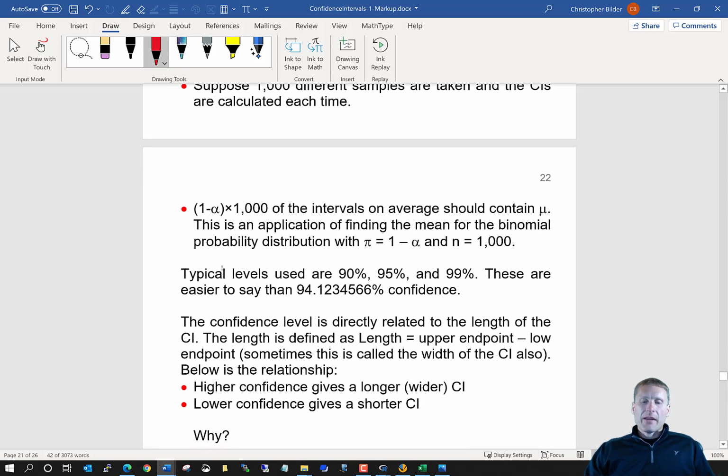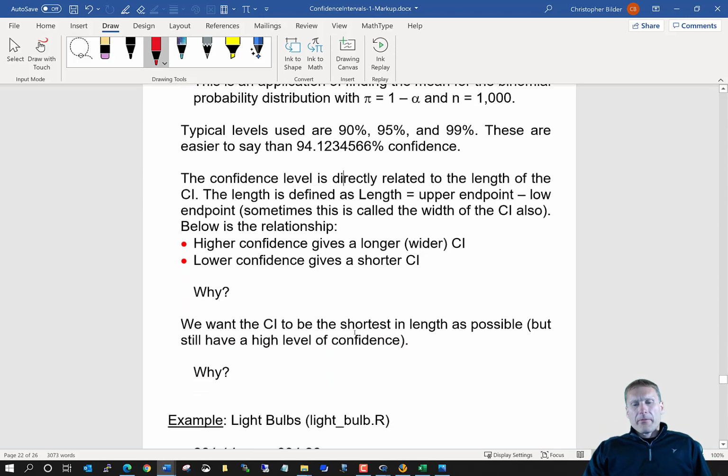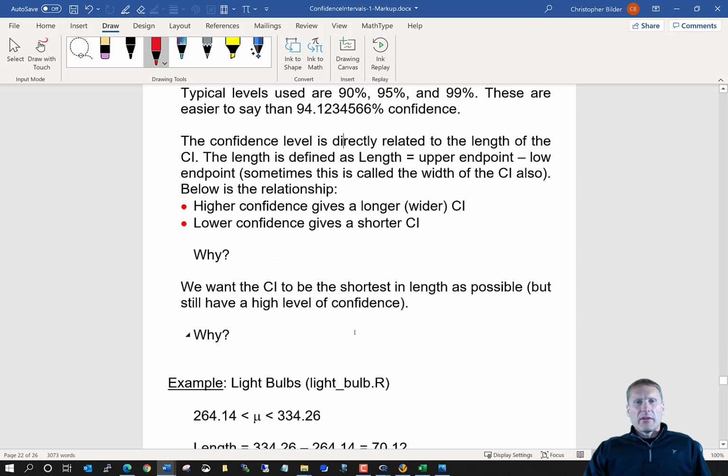Before I get into that, though, typical levels for a confidence interval used in practice are like 90%, 95%, and 99%. Why? Well, it's a lot easier to say than, let's say, 94.1234566666666%. Okay, simply that's why. And obviously, 90 and above is a pretty large number. Now, the reason why you don't necessarily want to go up to, let's say, a 99.99999% confidence interval